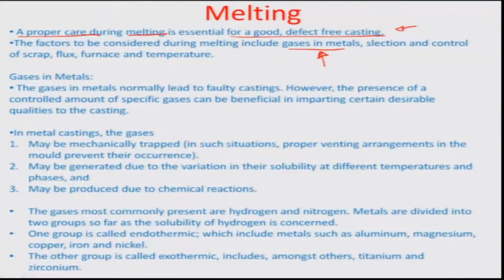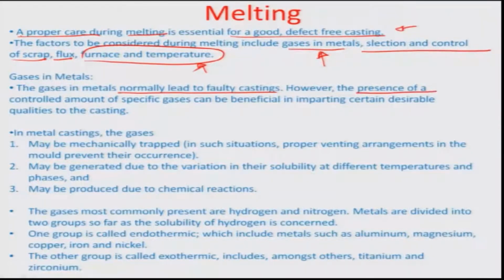Then the selection and control of the scrap is very important. Obviously, flux, the furnace and the temperature, which can release a lot of gases because of remnants of oil, etc., that is also very important in this case. And so, typically what do gases do? So, gases in metals normally lead to, as I told you, faulty castings. However, the presence of a controlled amount of a specified gas can be beneficial, particularly in imparting certain desirable qualities